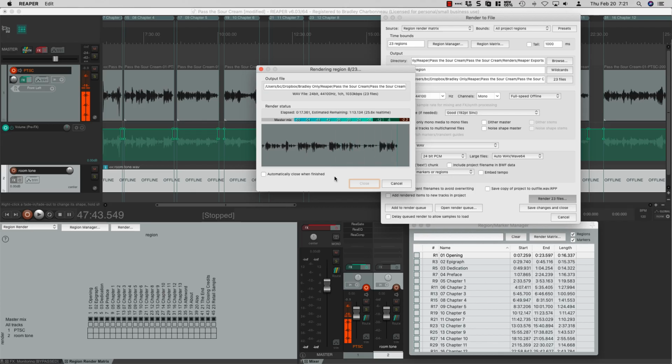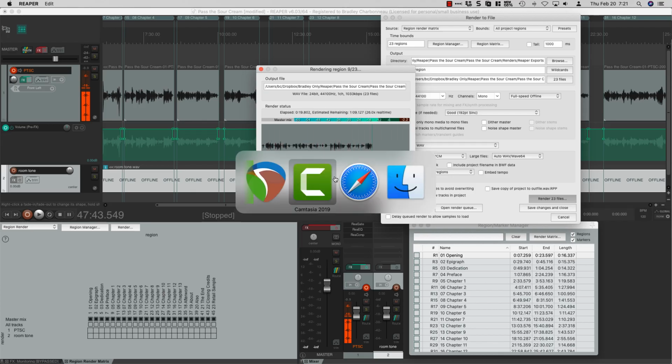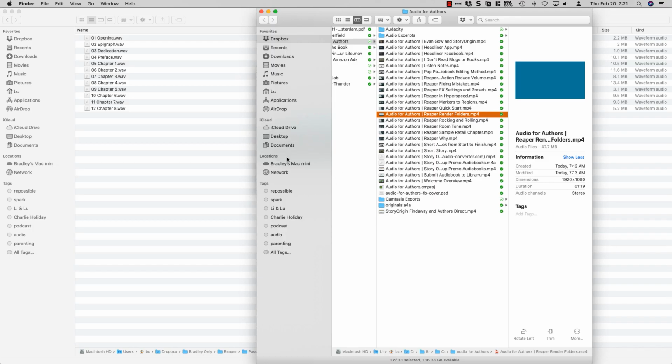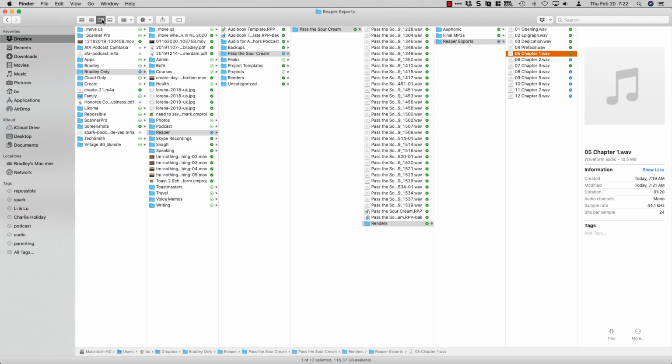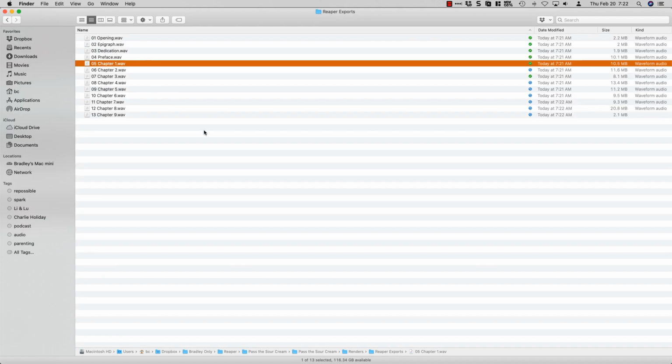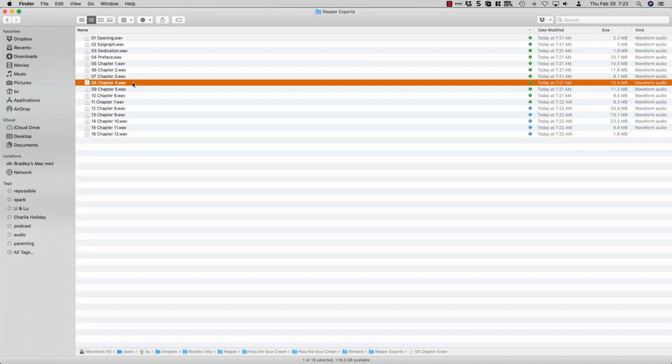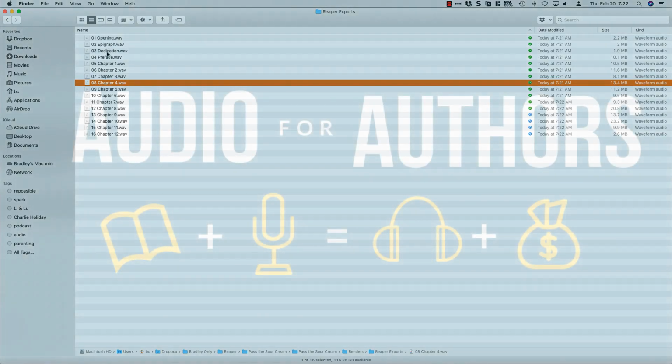It's fast. And if I go over to the files, we can actually see them. Is this the one? Reaper exports. Are they being created as we speak here? Am I in the right place? Yeah, look at that. Reaper exports, being made right now, magically before our eyes. Chapter 10, there it is. See the file names? Isn't that handy? Later on, you want to share chapter 4 with somebody. Well, you don't want to share the WAV file. We'll get to the MP3s later. But that's the naming convention that's going to help us. Opening, epigraph, dedication. See that?